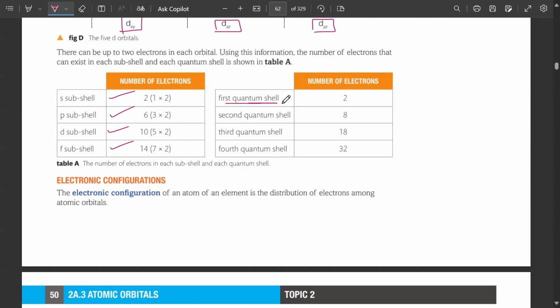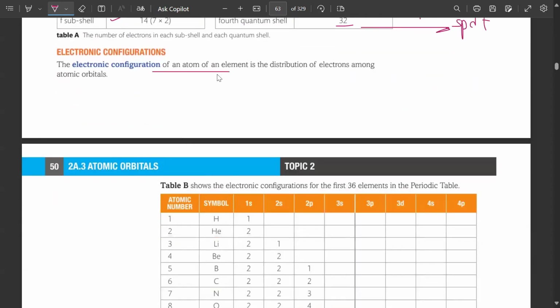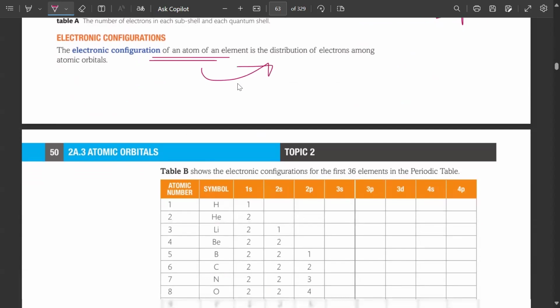And if we talk about the quantum shells, it's 2, 8, 18, 32. 2 के अंदर कौन सा होगा, S. सेकंड में S and P. 18 में S भी होगा, P भी होगा, D भी होगा, and the fourth would be S, P, D, and F. So the electronic configuration of an atom of an element is the distribution of electrons among these